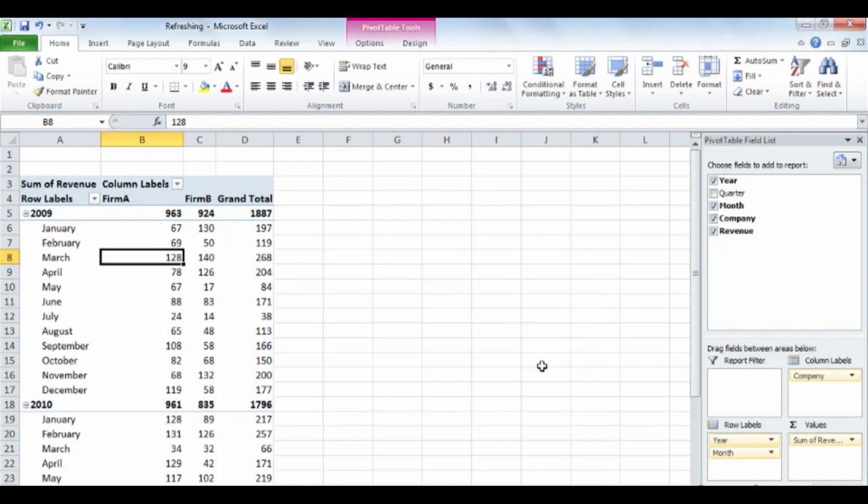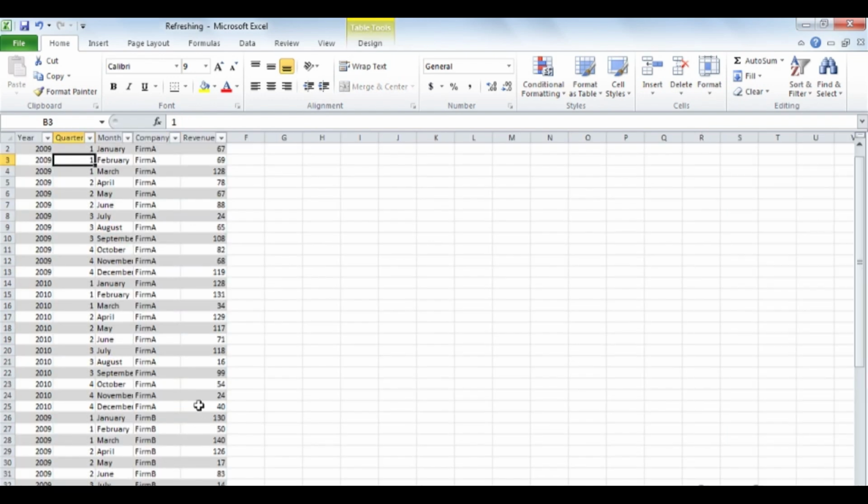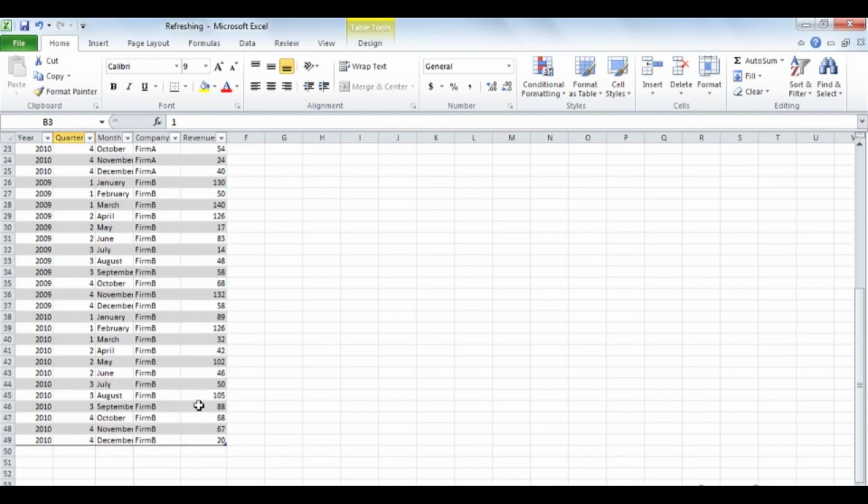This pivot table draws its data from an Excel table, and one of the major benefits of using an Excel table as your data source is that when you add a row to the table and refresh the data connection, the new data appears in the pivot table automatically. So the data for this pivot table is on the Table Data worksheet, and if I scroll down using my scroll wheel to the last row, then I can add another row to the table and have that data appear in the pivot table. So let's say that I click this last cell and press Tab to add a new